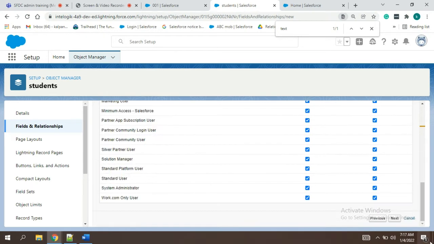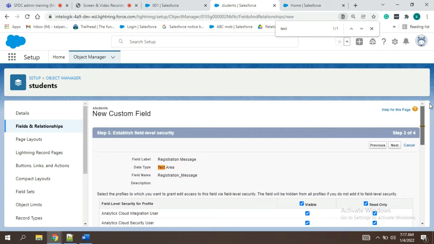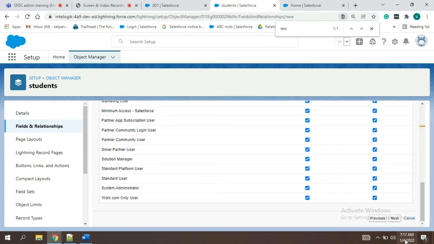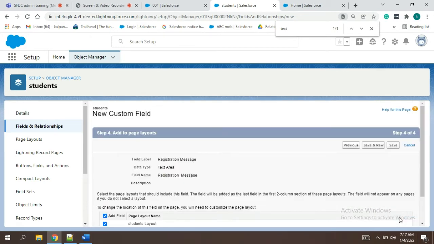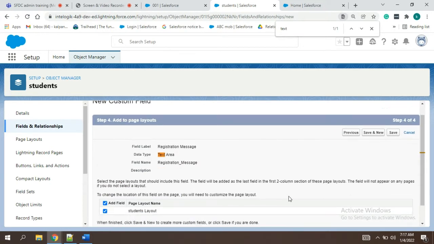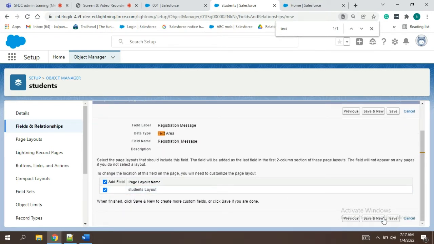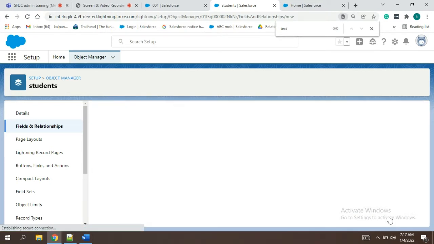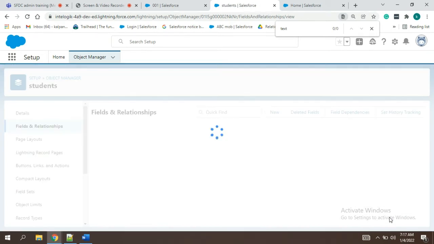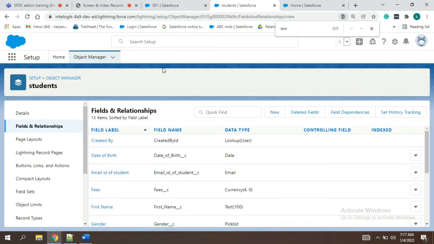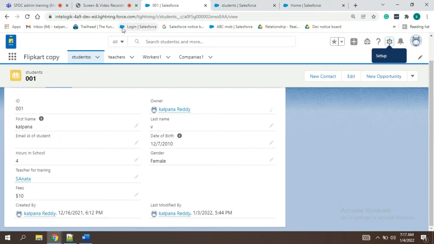Okay. This is field level security on all the profiles. Okay, save. Okay, and done.